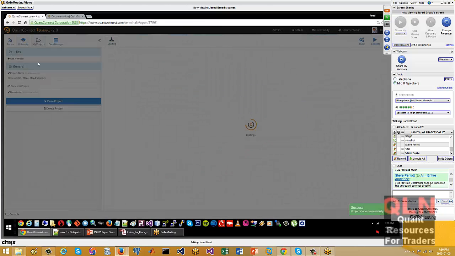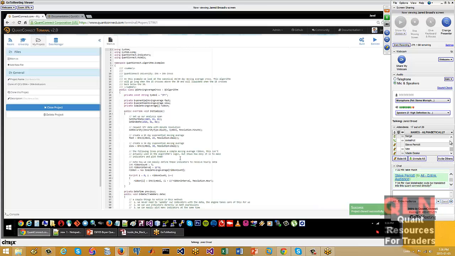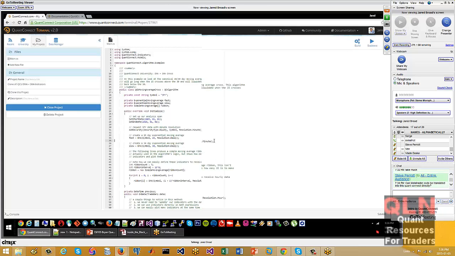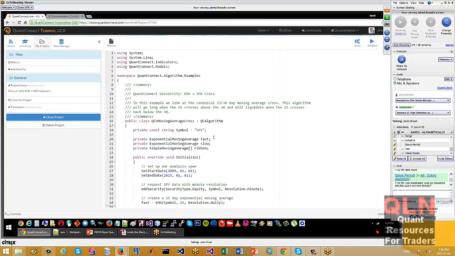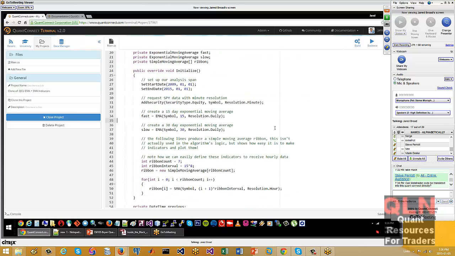This project to the university. It's called the EMA and SMA indicators. So even just the basic exponential moving average indicators. We added these to the underlying API very recently, so that you can simply go EMA is equal to the symbol of what you want as a string, and then the period, and then whatever the resolution of that period is.